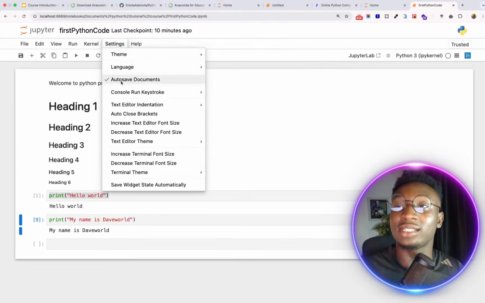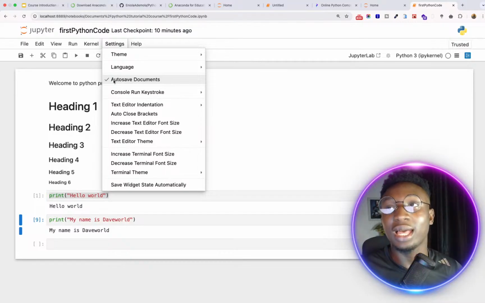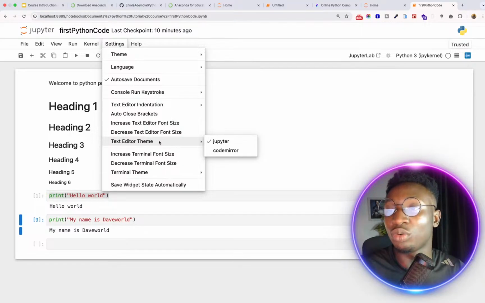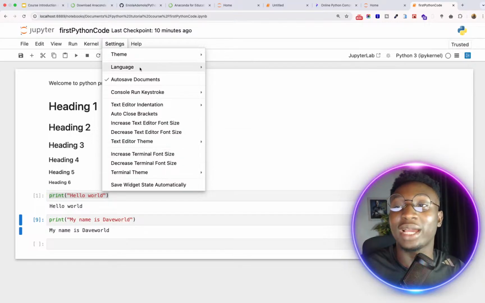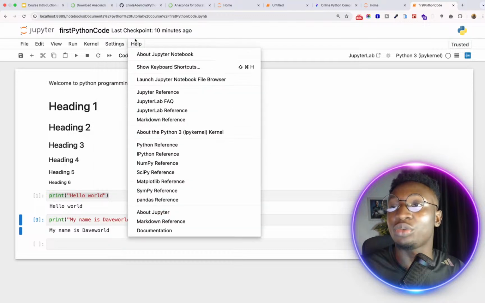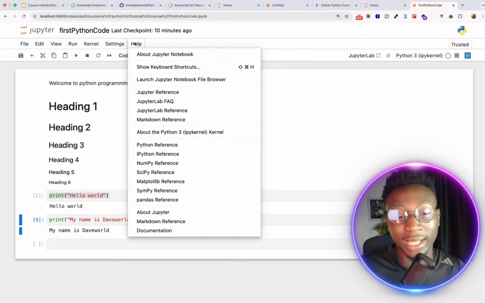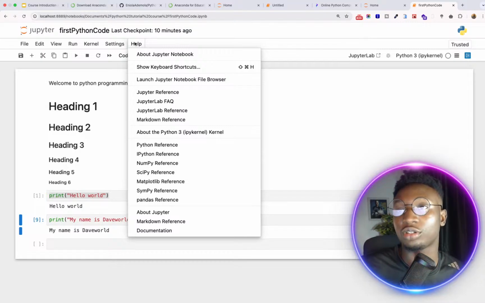In these settings, you can turn on autosave if you want. If you don't want autosave and you want to be saving with Control S every time, you can go ahead and turn it off, right? And you can change your text theme if you want, and you can just go ahead and play around with this, right? So we also have help, right? This help is also very nice. What you can do here is, in case you want to see the awesome shortcuts that are available on Jupyter Notebook, someone like me, I really like using shortcuts,